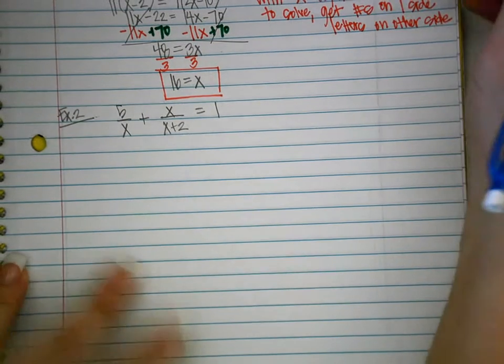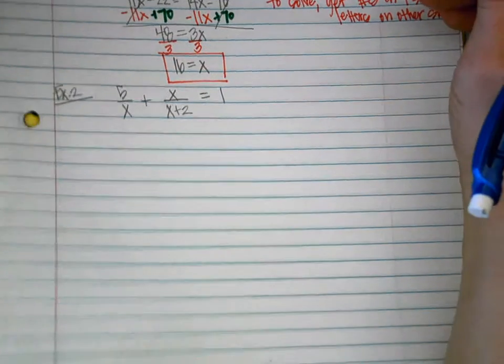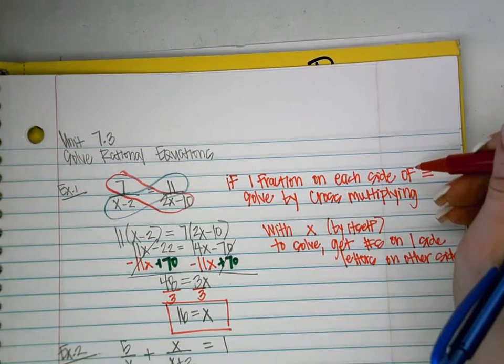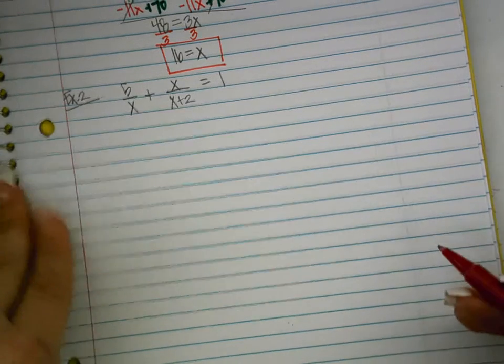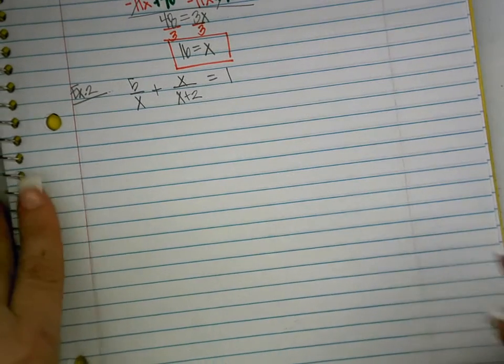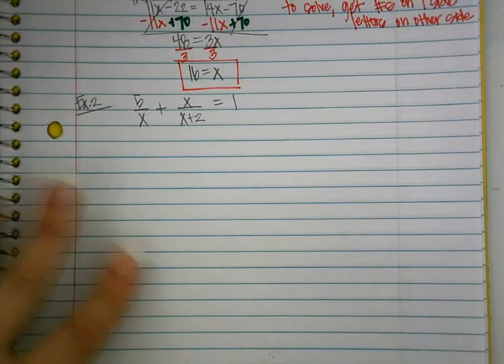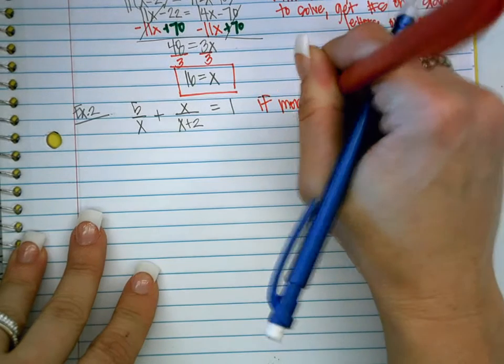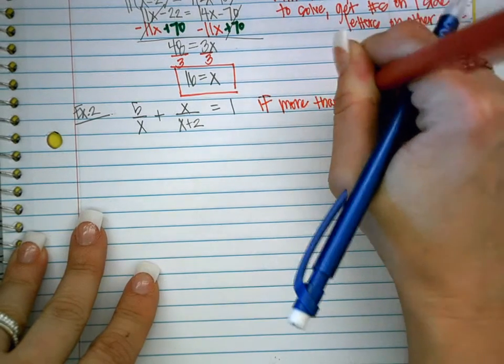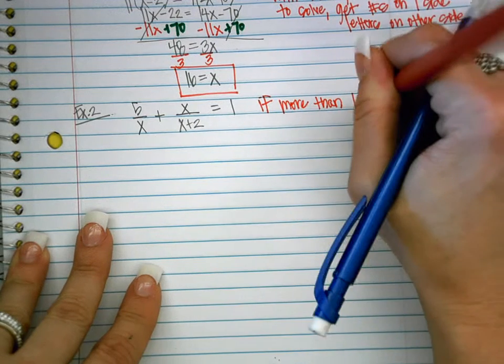The first problem I showed you was if there's just one fraction on each side of the equal sign. That's when you cross multiply. All of the rest of them, and honestly every single one on your test, are going to be closer to this. If there's more than one fraction on a side,